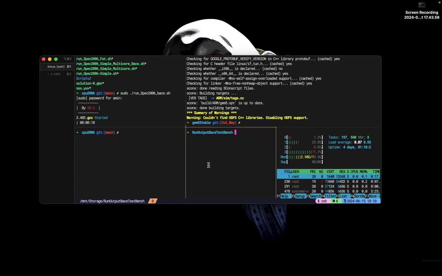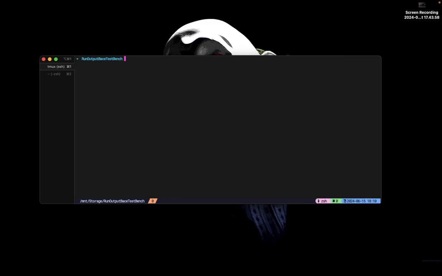But let's check the value of the output. The value will be stored in this directory. If I cat the GCC output of the run, I set in the script to store the output in a file named output.